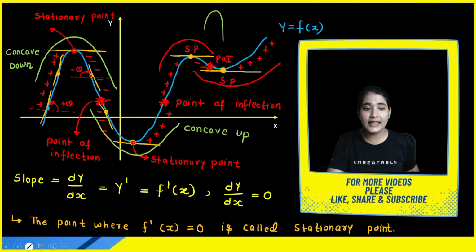So if we are taking change in the slope, it means we are finding the double derivative. Now my dear students, this is an important point: this is the point of maxima, where you get the maximum value of the function. Here you get the minimum value of the function, and here at this point and this point you get the point of inflection. When you consider the change in the slope from positive to negative, you have to consider negative minus positive, so again the whole value is negative.